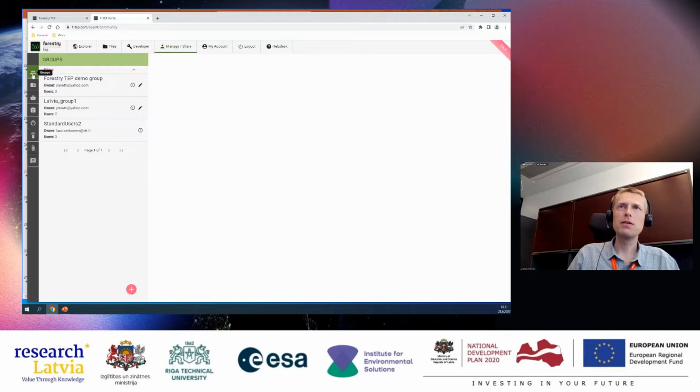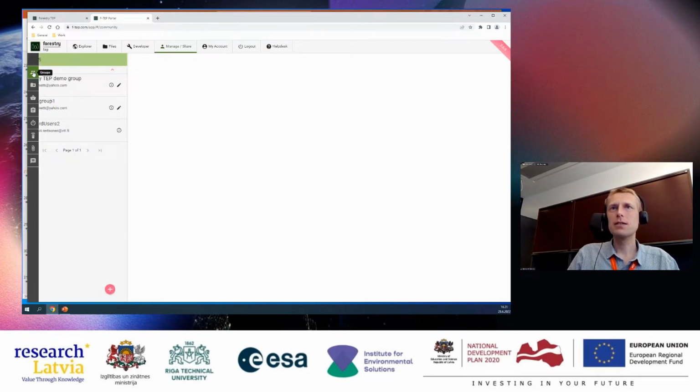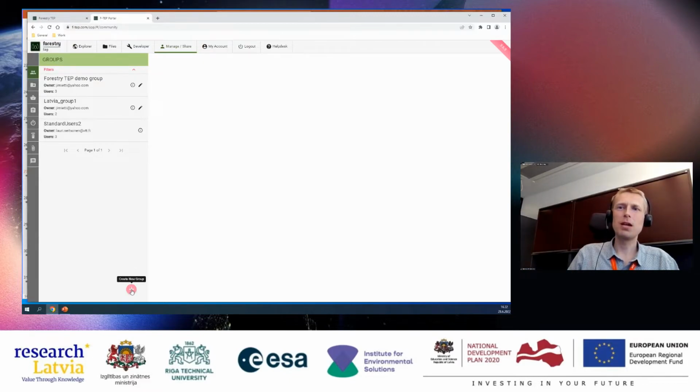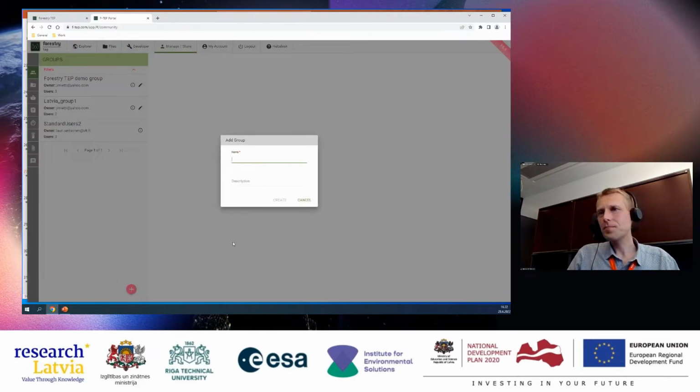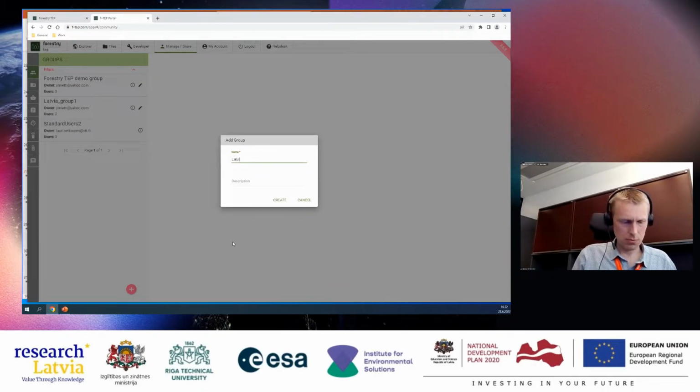If you do not have it open, you can find it at the top on the left hand side, groups. If you push that, it will open, and then at the bottom of that you have the plus button, create a new group.